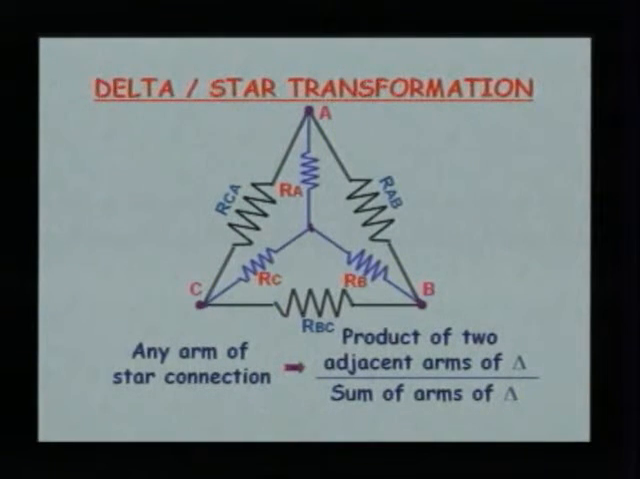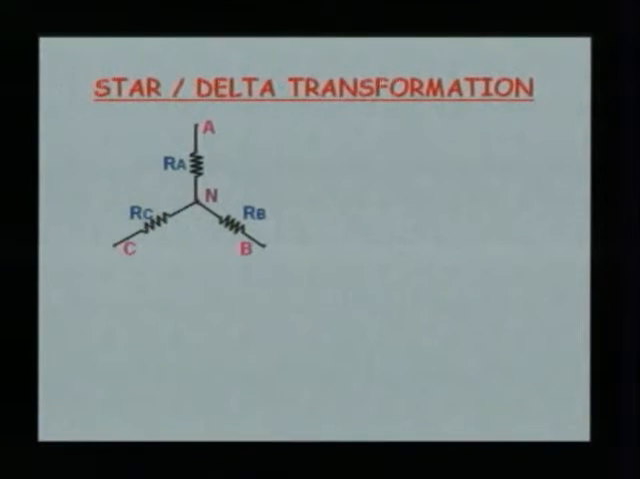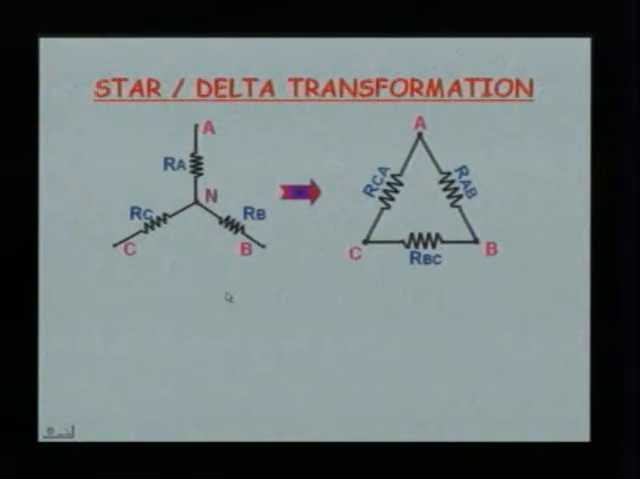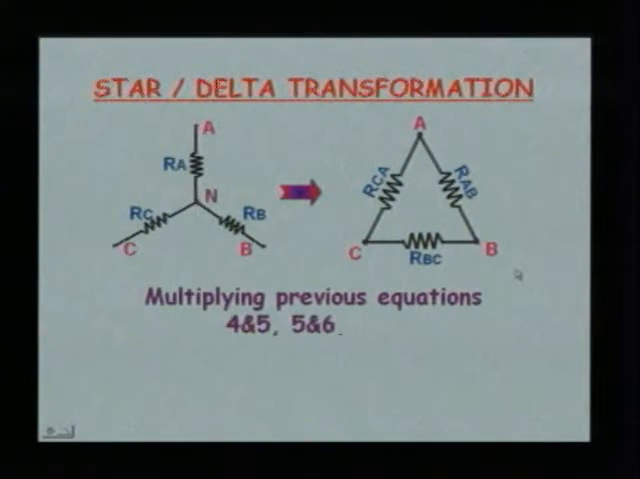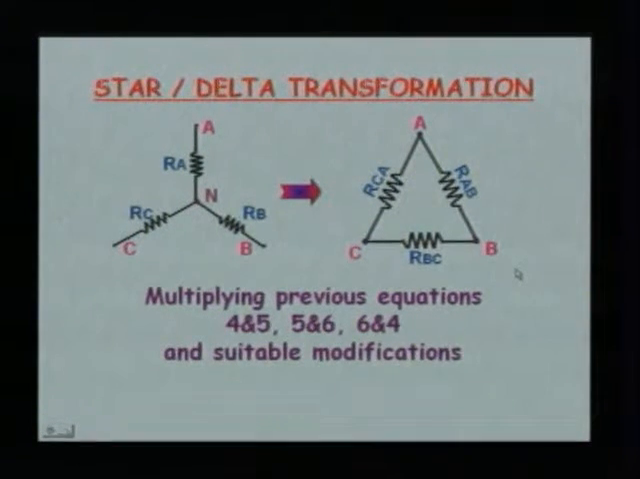Let us go on to convert a star network into a delta network. If you have a star given with the three elements RA, RB and RC, we want to find the corresponding delta network indicated by RAB, RBC and RCA. Now, multiplying the previous equations 4 and 5, 5 and 6, 6 and 4, and with suitable modifications, we will be able to obtain